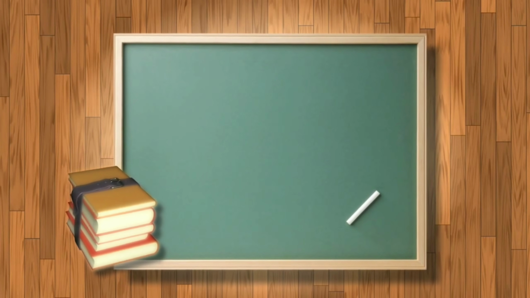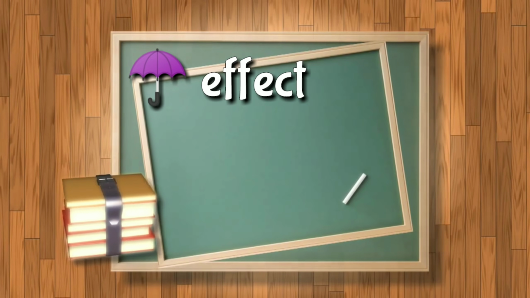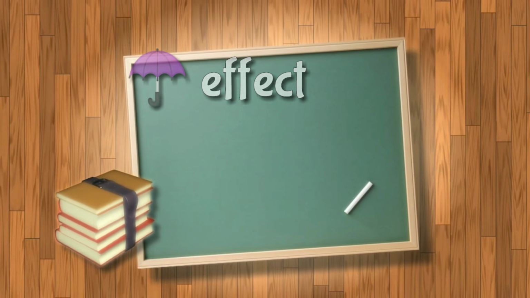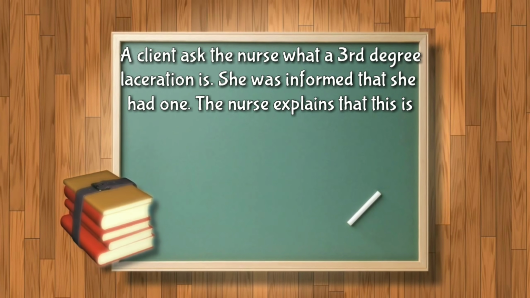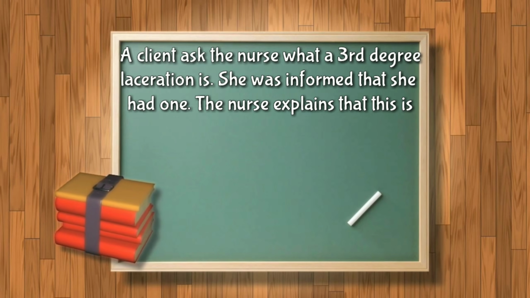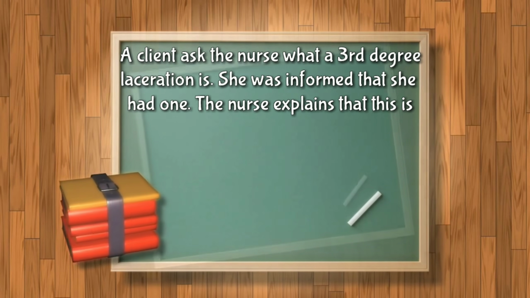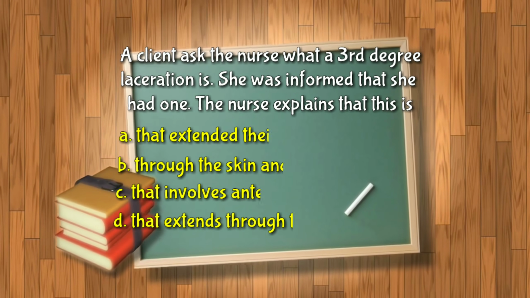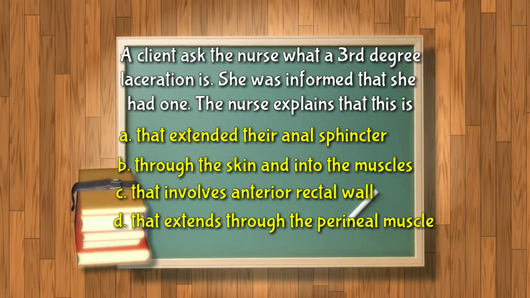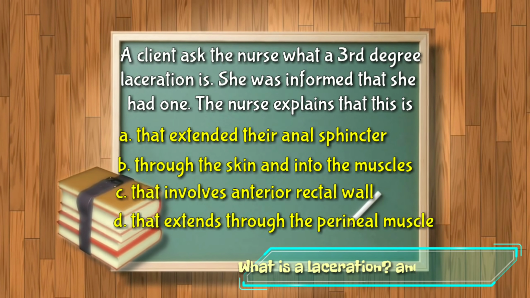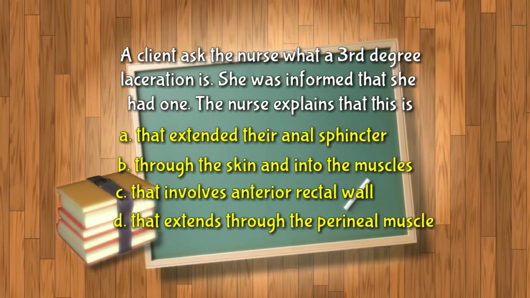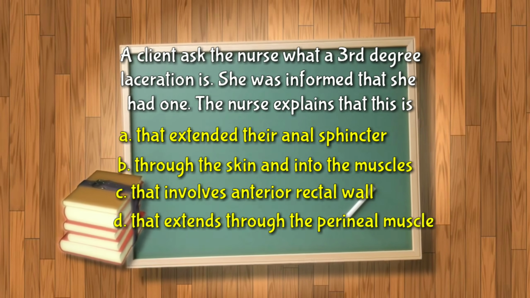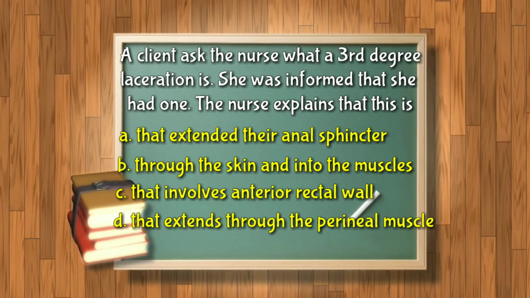Another strategy is watching out for the umbrella effect. Some questions do have an umbrella effect. For example, a client asked the nurse what a third-degree laceration is. She was informed that she had one. The nurse explains that this is... According to the question, you must have a general knowledge of what a laceration is and its degrees. So, by using the umbrella effect, you knew that third-degree laceration also contains the second and